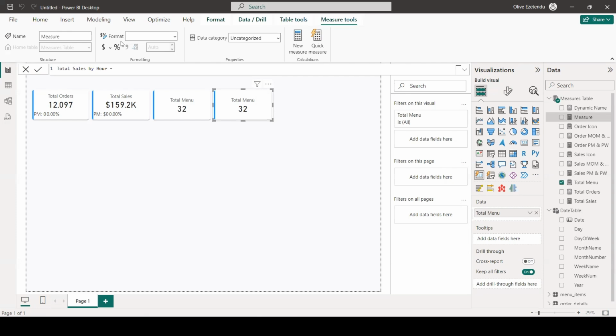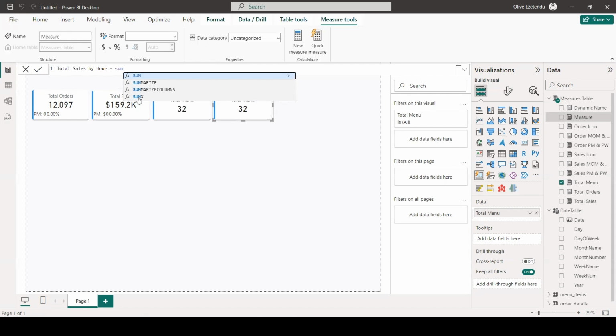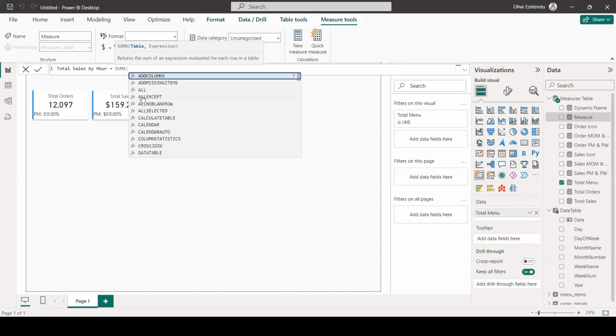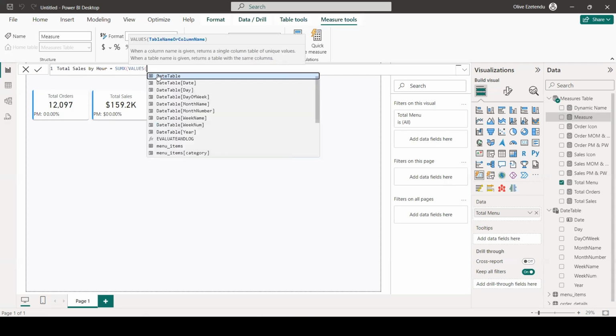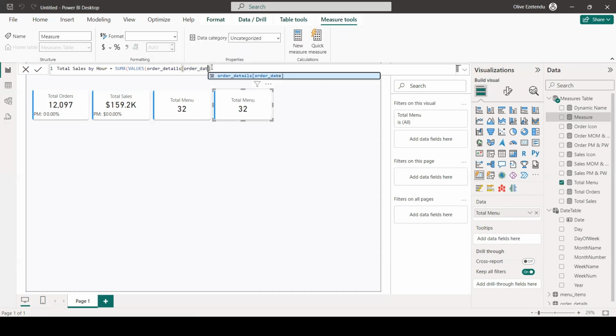So we're just going to use the SUMX as well. We're using the SUMX and we're just going to get values. That is what we're formatting it with. We want to get the values from our order, okay, this is showing us some tables. We want to get the values from our order time, because we're dealing with time here. So this is our order time. Okay, let's close this bracket and